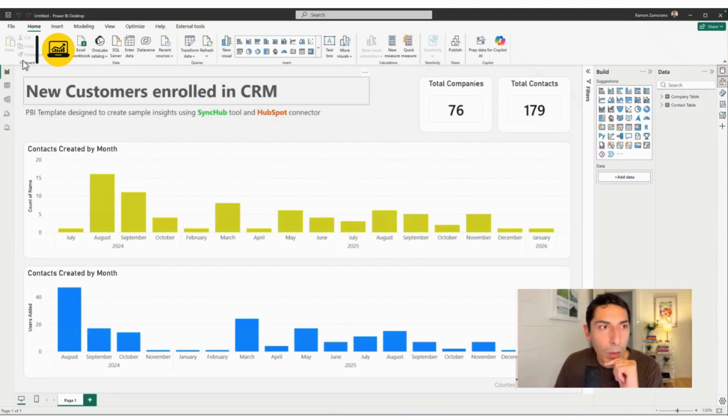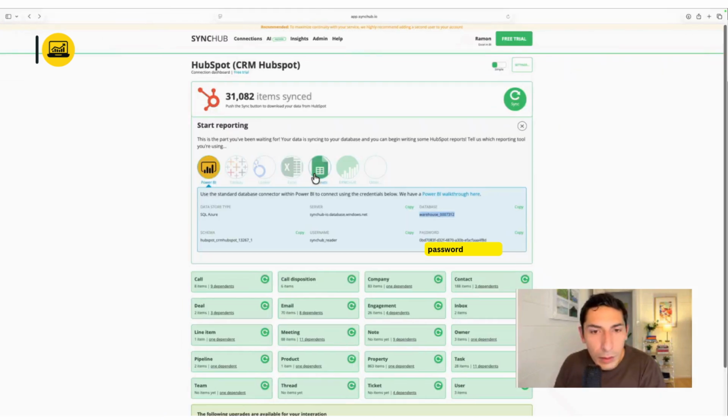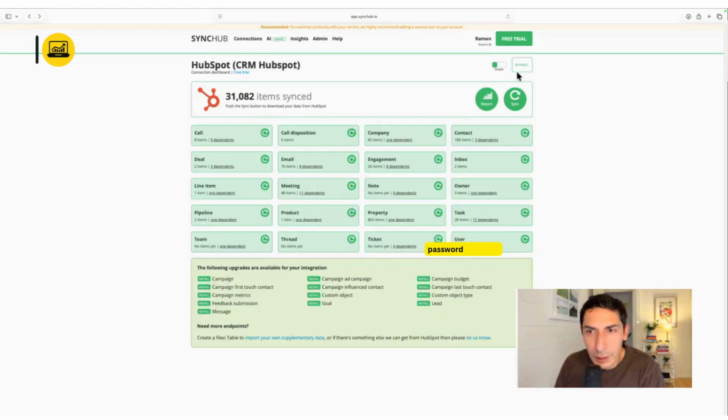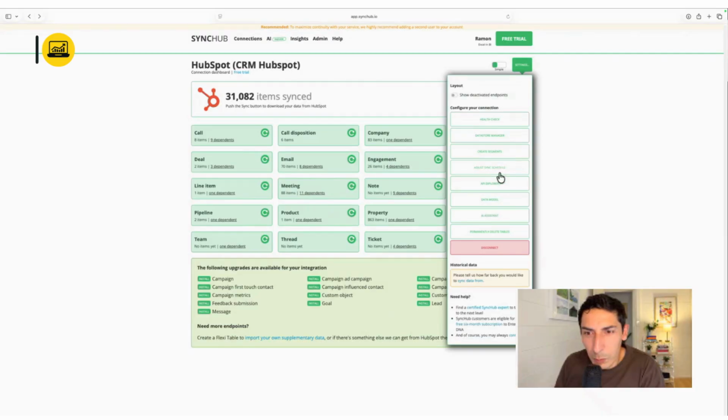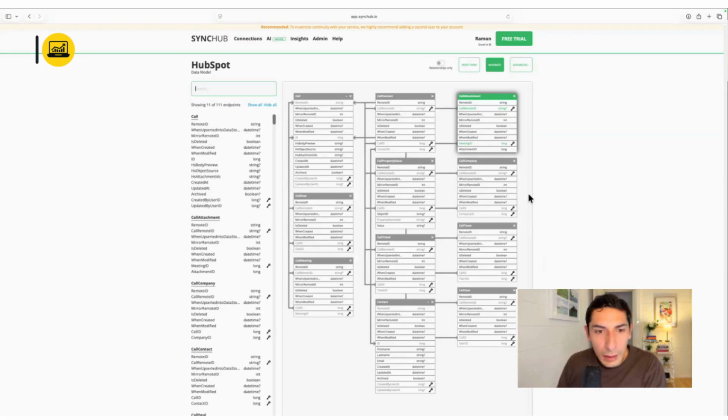However, you can create your own one. But the thing I want to show you, and something I found really cool, is here: I will close this, go to settings, and explore the data model. Because if you are a data person like me, you probably would like to see and understand how the data is related